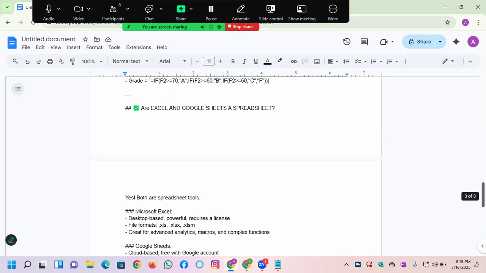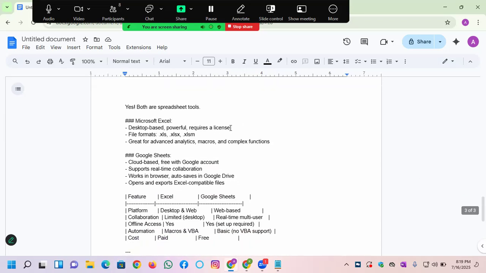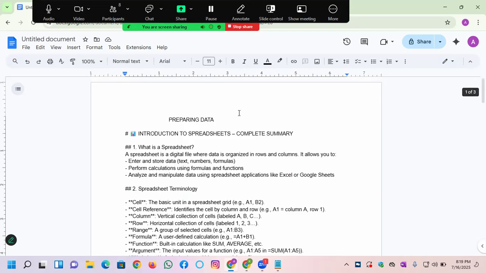Now, are Excel and Google Sheets spreadsheets? Yes, both are spreadsheets. In fact, both are the commonest spreadsheets that we know. So that's that on the summary I want to talk about. Again, we are talking about preparing data. Now, let's now